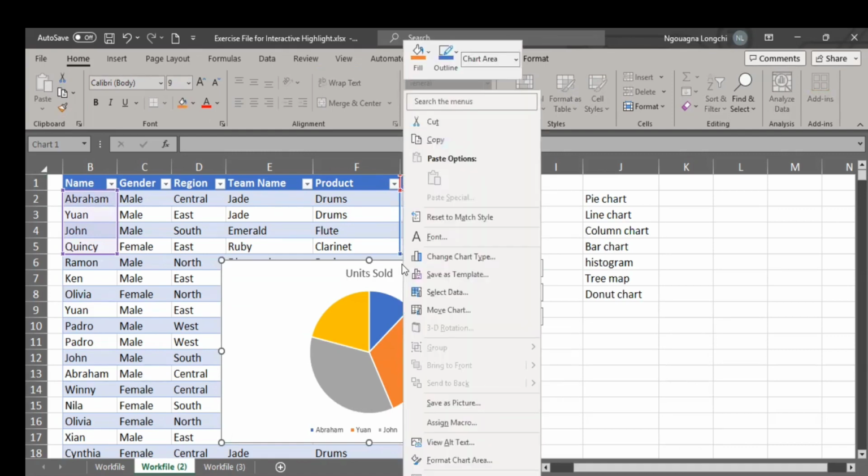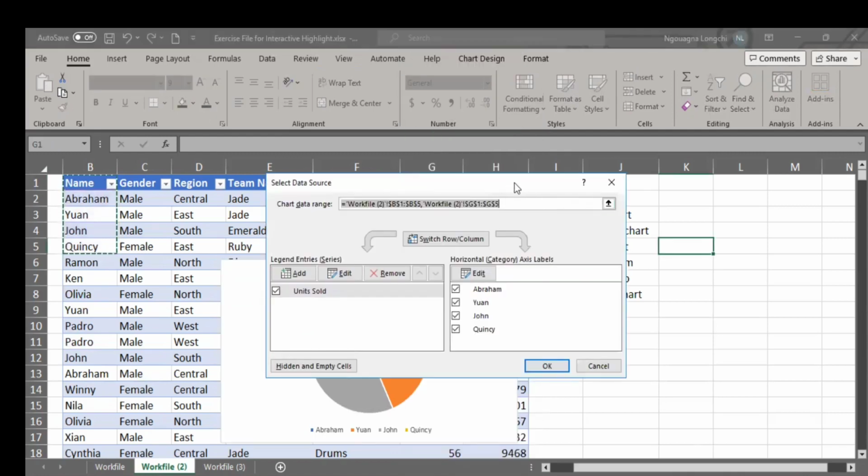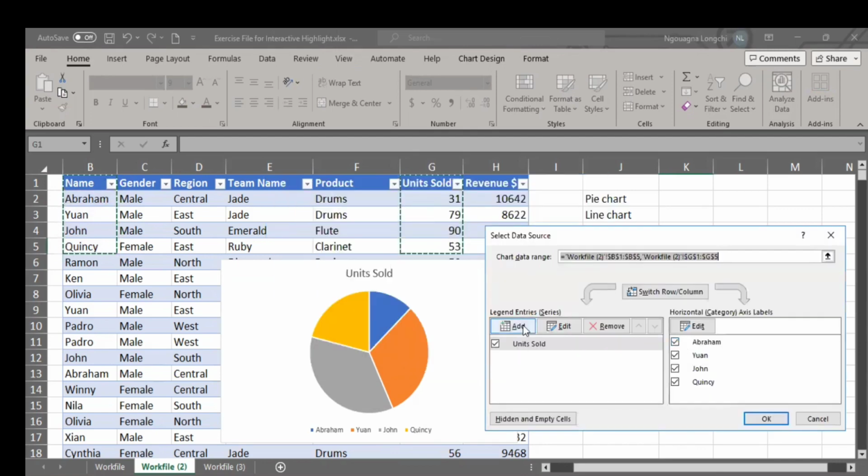I right click on the graph. I take select data. Okay, this dialog box opens. Can you see? Yes. So when it opens, you see this side. They say unit sold, and then here we have the names that we select. We selected just first four names. We have the names here, and then we have this unit sold. So let me uncheck this one, and then